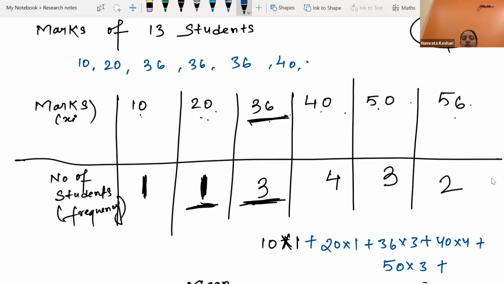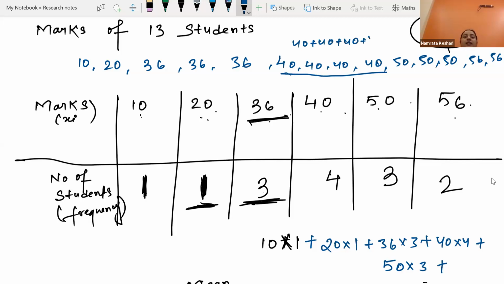1 2 3 4, 4 times 40 है. और 50 कितनी बार है? 1 2 3, 3 times 50 है. और 56 कितनी बार है? 56 2 times है. तो एक ही नंबर को बार बार ऐड करने की बजाय 40 प्लस 40 प्लस 40 प्लस 40,